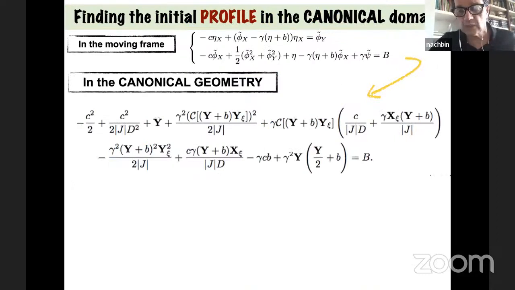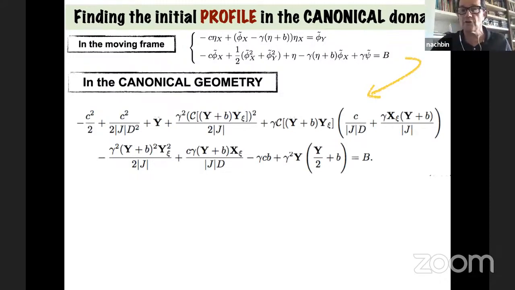So if we do that, we also remember that we have the Bernoulli law and the kinematic condition in the moving frame in the physical domain. There are some calculations here, of course I'm not going to show you because even the result is ugly, as you see below. If you put these two equations together and write things in your canonical variable xi, which is the horizontal canonical variable in the conformal domain, you get this ugly equation here, but it is convenient for our Newton continuation method, because basically we can solve for capital Y, the bold capital Y, which is our wave profile.